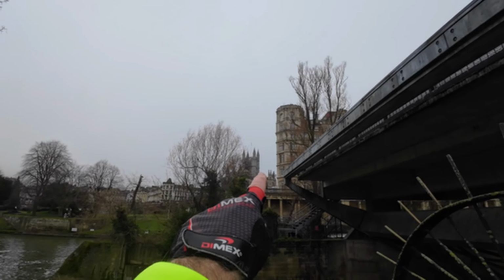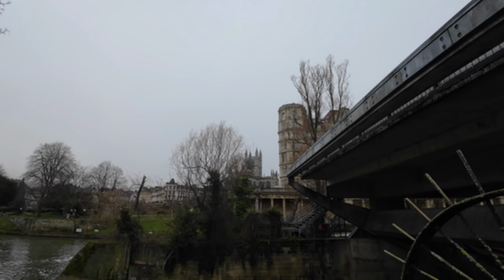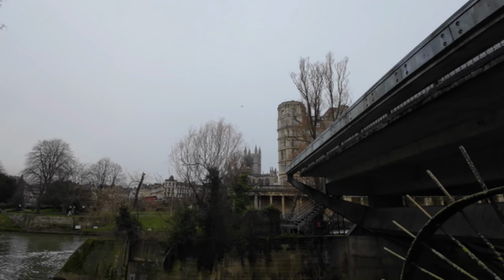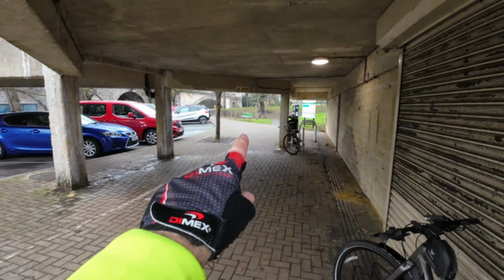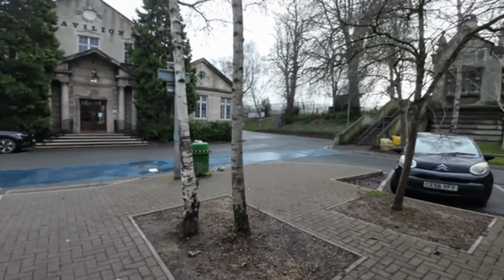We'll head over to Bath Abbey now and we'll have a look at the site of the old Roman temple that was there 1,000 years before that was. There's a nod to it there as well. Just before we head up from river level, Roman Bath level, up to the modern day Bath level, this is the